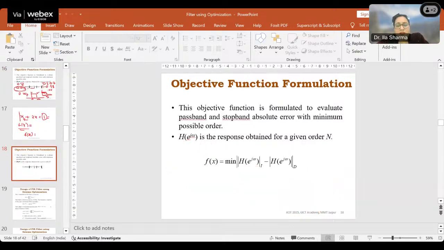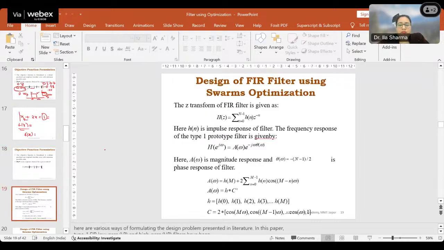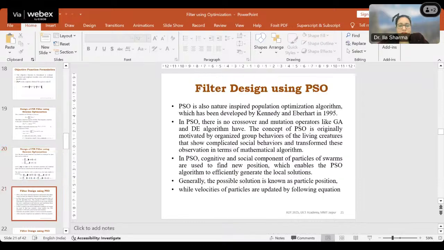So this is one cost function that I have kept in my mind. I formulated that, and now we will see quickly how the optimization can help me here to get this function minimized. Till now, you have already read about these optimizations. For simplicity, I have taken the PSO here. I am skipping the introduction part of PSO because we have already studied it.